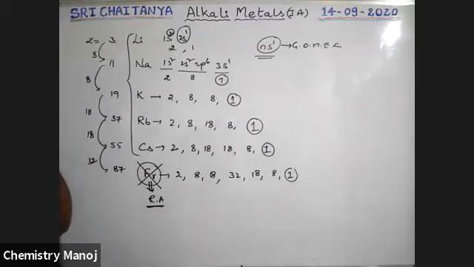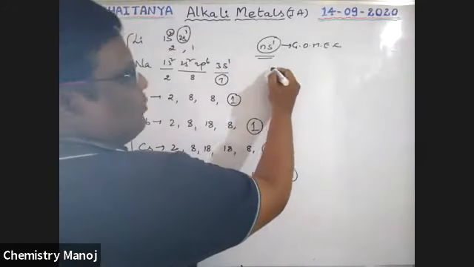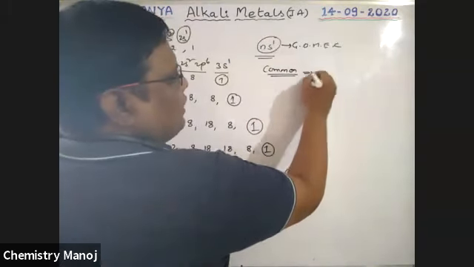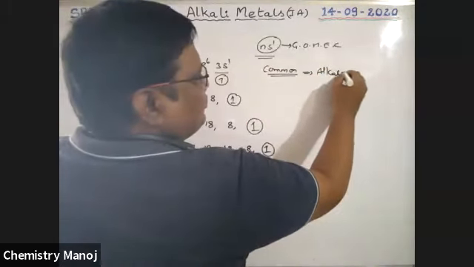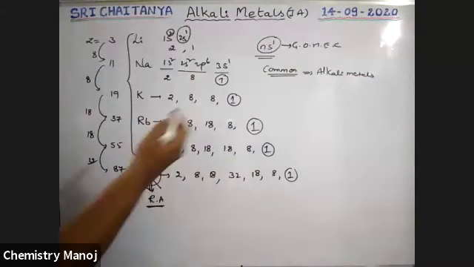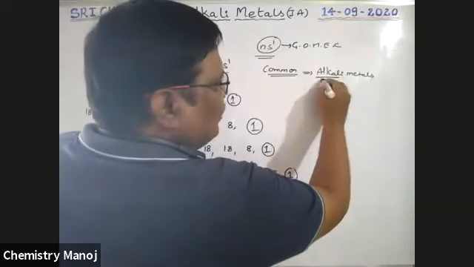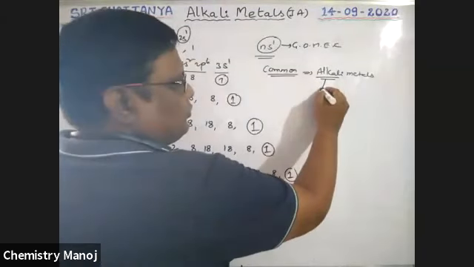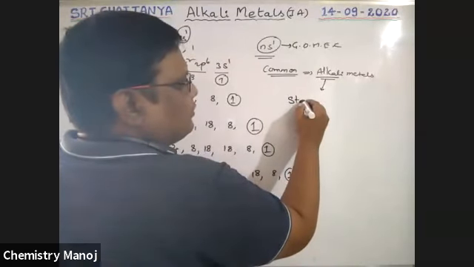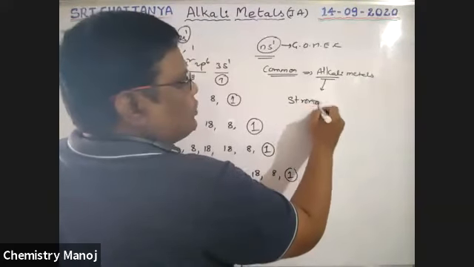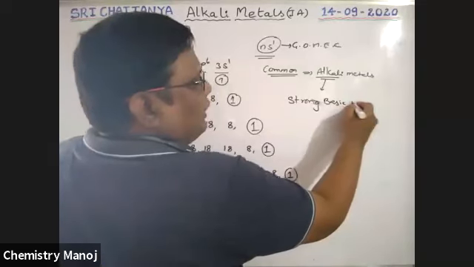Next, all these elements are also called by a common name. The common name for this group of elements is alkali metals. As all these elements are metals, boys, all these are called alkali metals. What is the meaning of alkali? Alkali means it is strong basic in nature